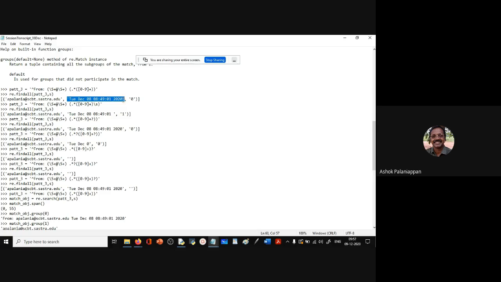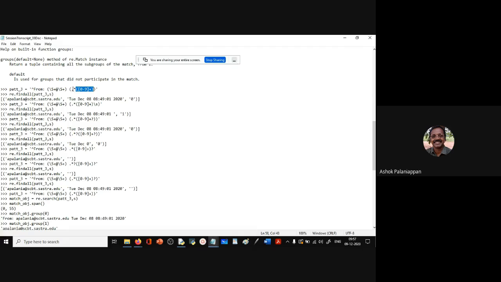That is fine. When we look at the pattern here, you see the last number is what is being matched here. Because this dot star is a greedy match, it matches everything till 202, and then the last 0 is matched for this particular parenthesis.